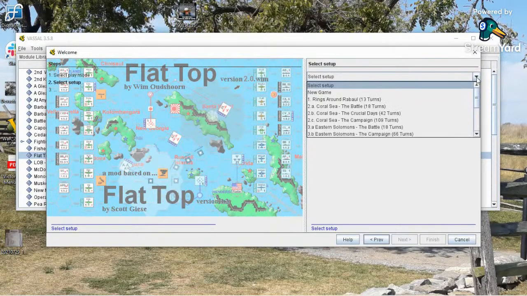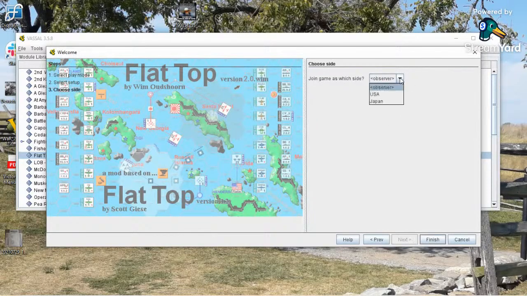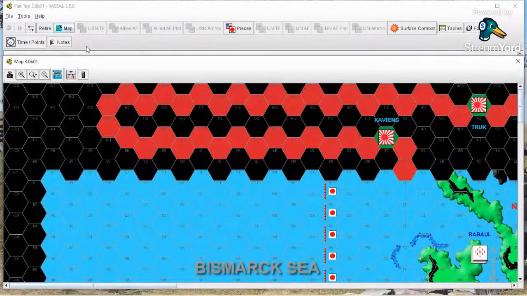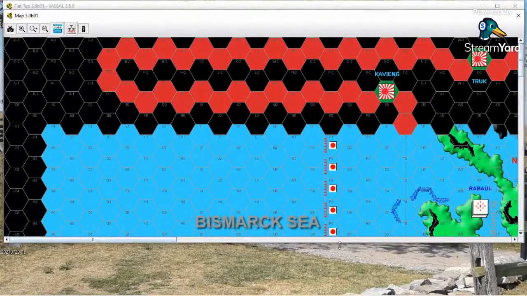opening a new scenario. We'll just say we're going to assume Coral C and going to enter as observer. And we're not going to start a log file. And we're going to click the map button. And now we get the